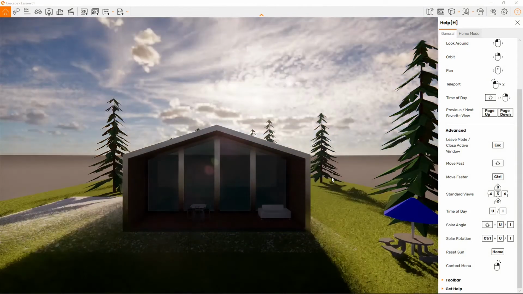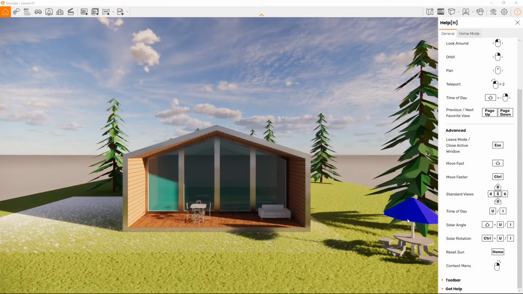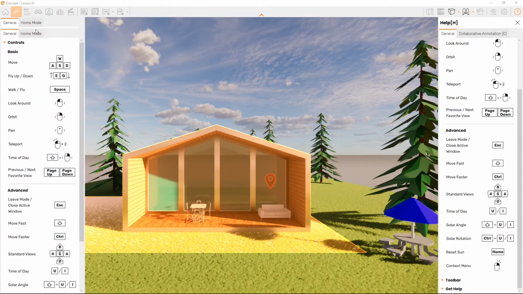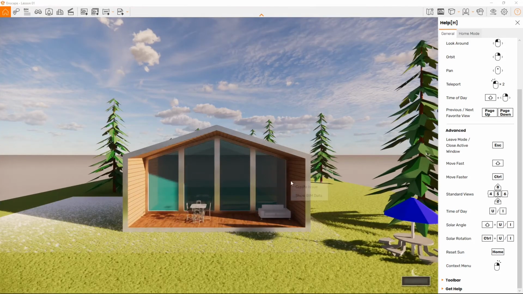So find the one that you like the most and just use it for your view. And then you can reset the sun anytime using the home key and context menu, right click. So this is for creating an issue, so report something in your project for your collaborators, or you can